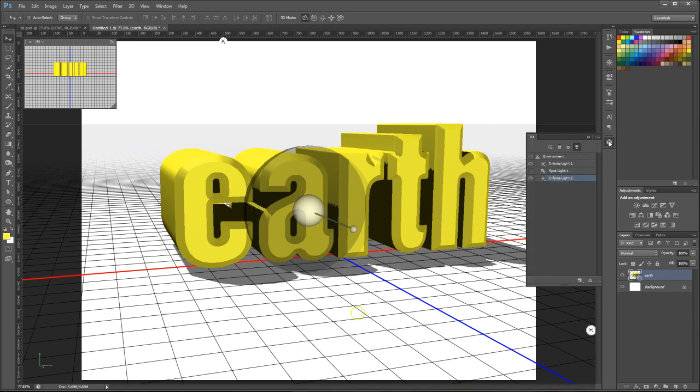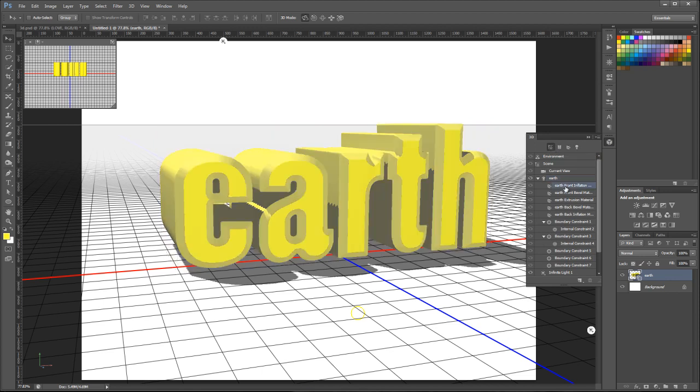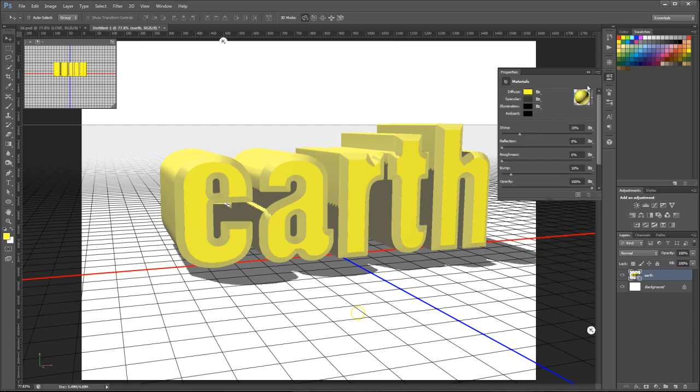So we're going to go back over here to our 3D panel. Now we're going to go here to our mesh, or to our whole scene here, and then we're going to select front inflation. So we're going to start out by adding texture to the front here. And if we double click this, it's going to bring us to the properties and where we want to add the texture. And I'm going to click on this little guy here, and I'm going to select load